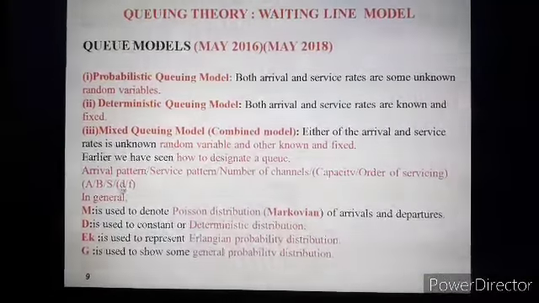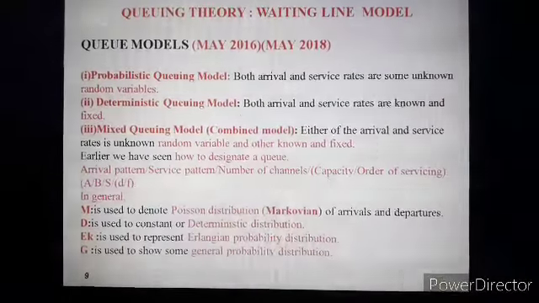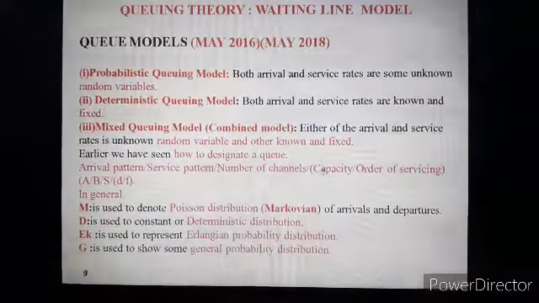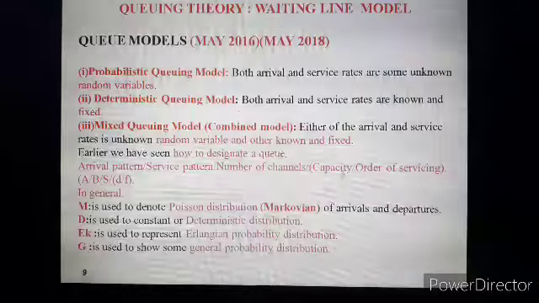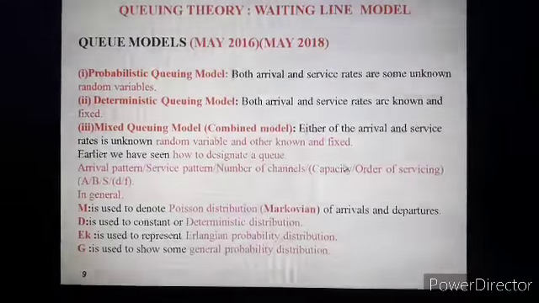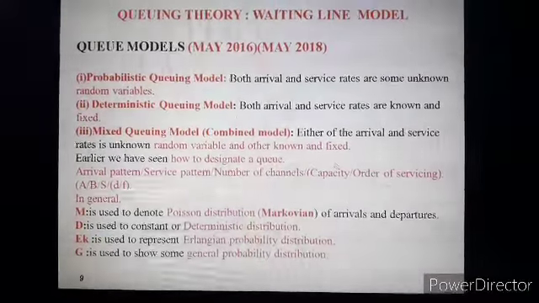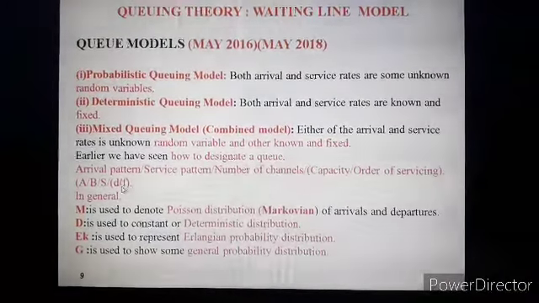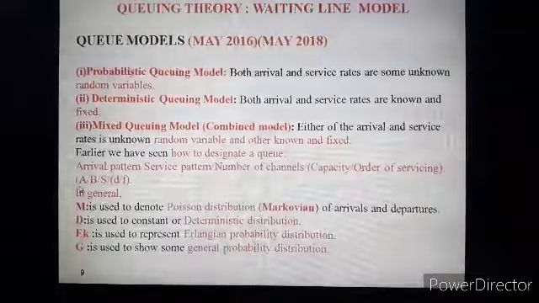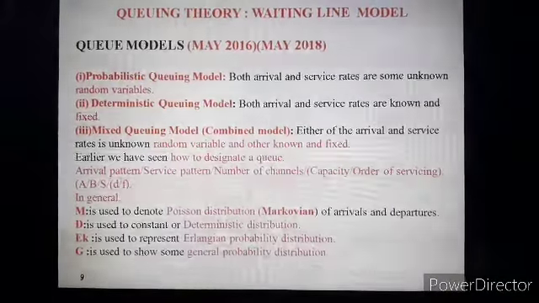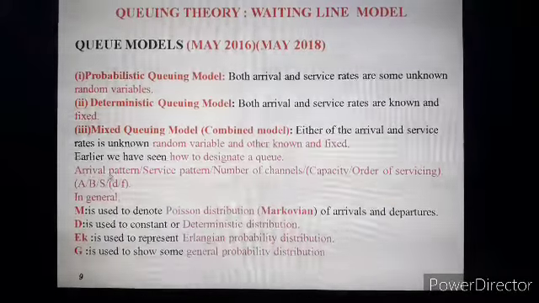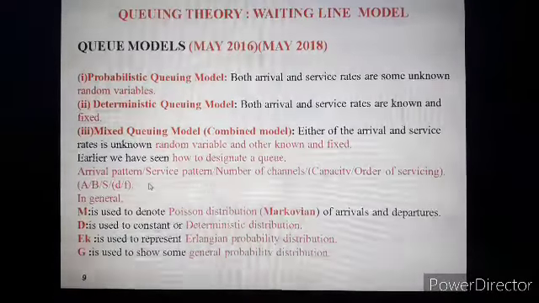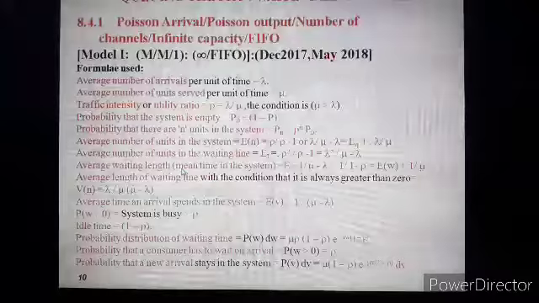And this small d we can define as per the capacity of the system. The capacity may be infinite, or we can accommodate a large number of customers or products at a time in our system. And our order of servicing may be first come first served, so accordingly we define the small f. So considering this basic designation of the models, we will practice some of the models with their examples. So let us proceed to the first model of waiting line theory.